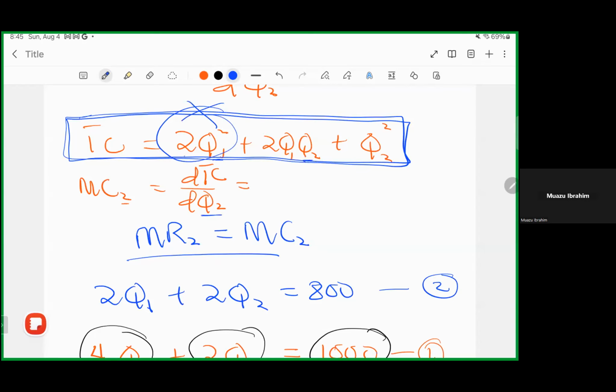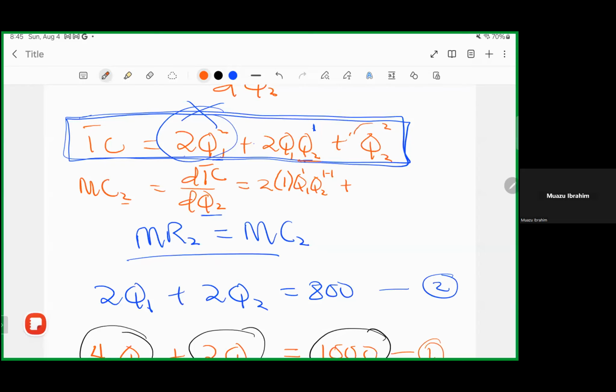Any number standing alone means it's raised to the power 1. So there's a 1 here, and that particular 1 will come down. So we are going to have this 2, that 1 here, and we have Q1 and our Q2. Remember, here is raised to the power 1 and here is also raised to the power 1. But because we are differentiating with respect to Q2, we have to deduct 1 here. Are we together?